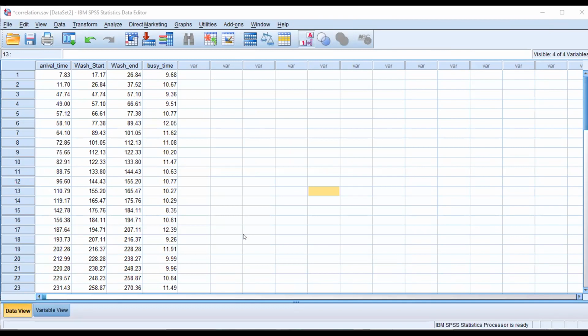See, arrival time is related to the washing start time at 0.996. Washing end time is also 0.996. Here, arrival time is negatively related but not significant. So we cannot say that arrival time and visit time have any kind of relationship, because there are two reasons.